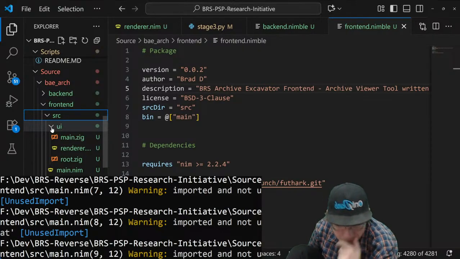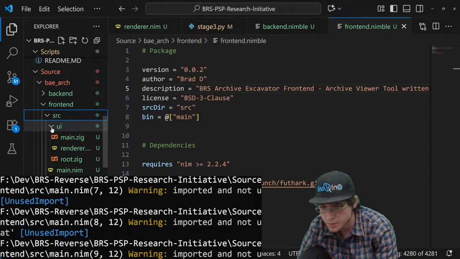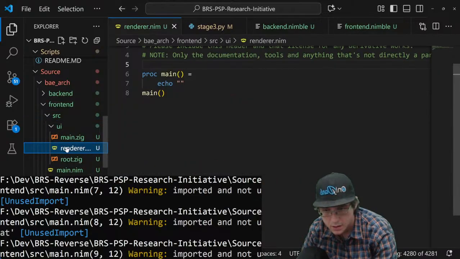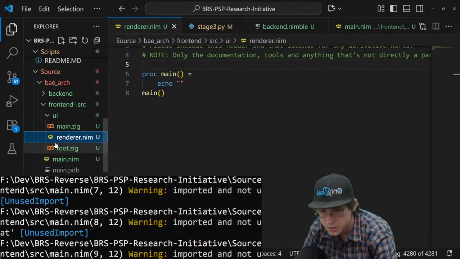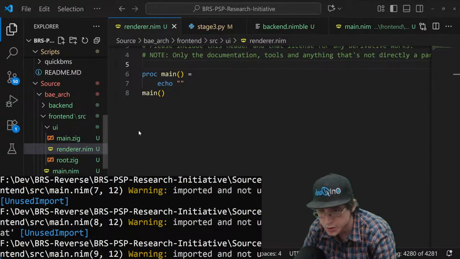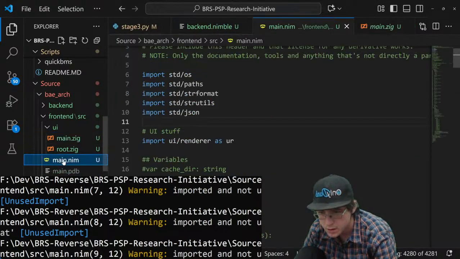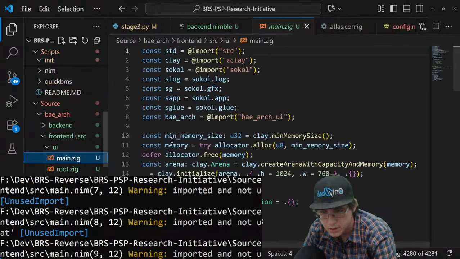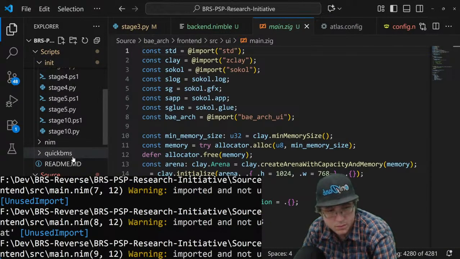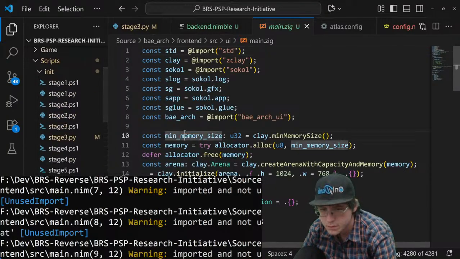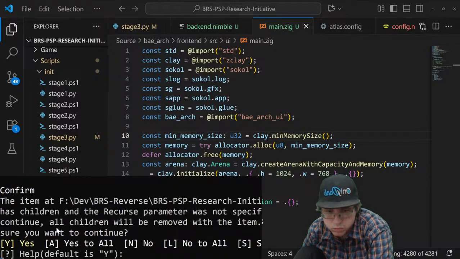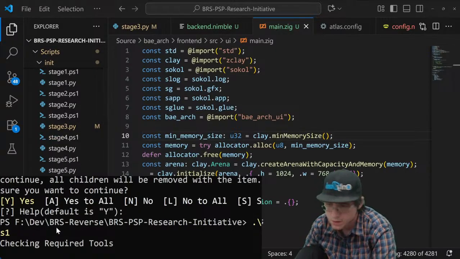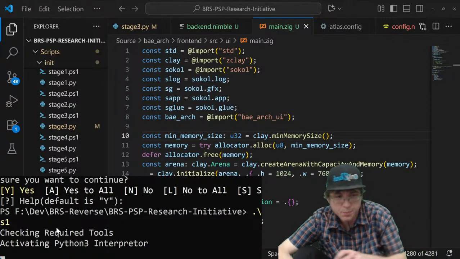And actually, the front end is going to be a different language than the back end. So let's delete you right now. Shoot. Should build the back end fine.